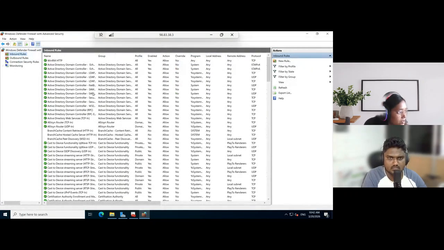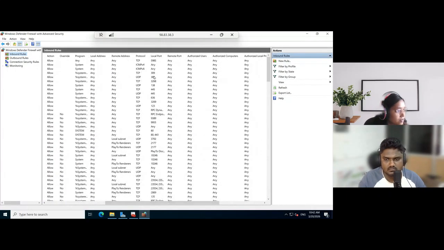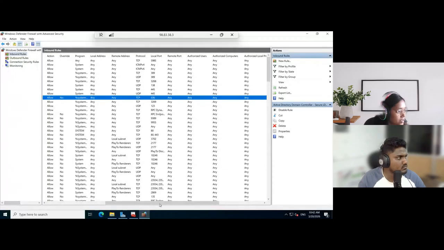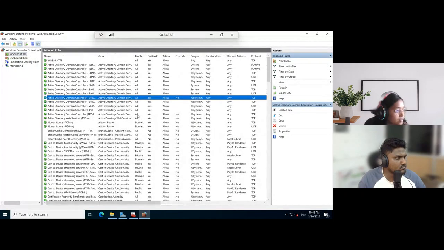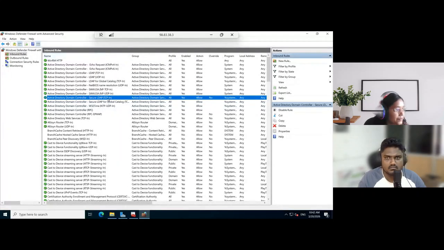Do we have that here? Okay, it is already there. Secure LDAP. Yeah, so this connection is already here. We are good. If this port is not enabled, you have to enable it, but it is enabled. So let's proceed to the next step,